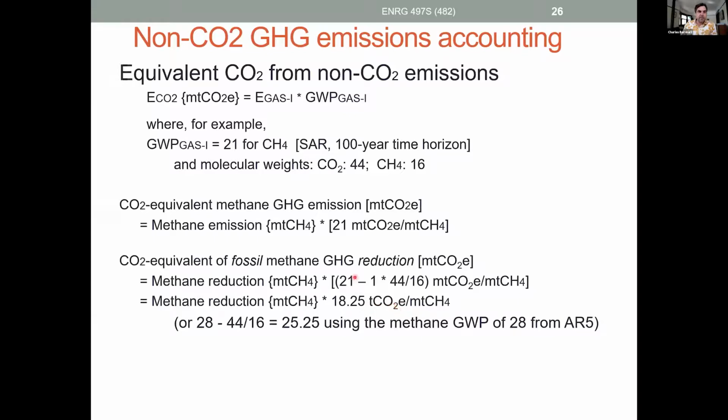I took that methane, which is 21 times more potent, but of course it turns into CO2, so I have to subtract the amount of CO2 that it turns into to say how much I actually saved if I'm an oil company. Or in terms of assessment report 5, by flaring methane, they saved 25.25 CO2 equivalent emissions